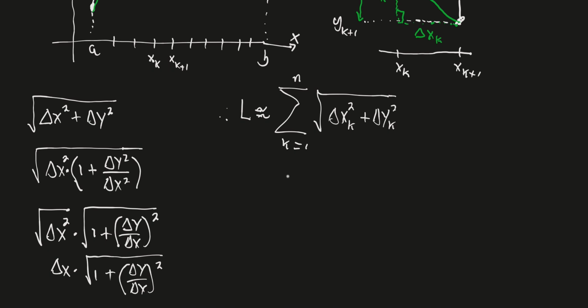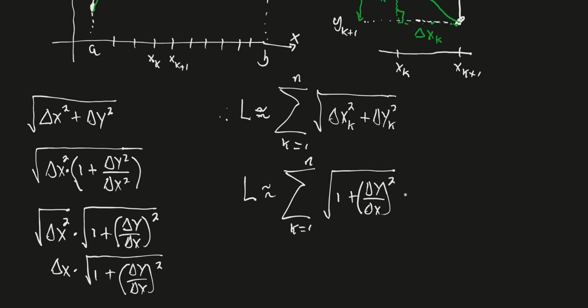So our length is approximately equal to this. And now, since this is multiplication, multiplication is commutative, so I can put the root first, 1 plus delta y over delta x squared, and then